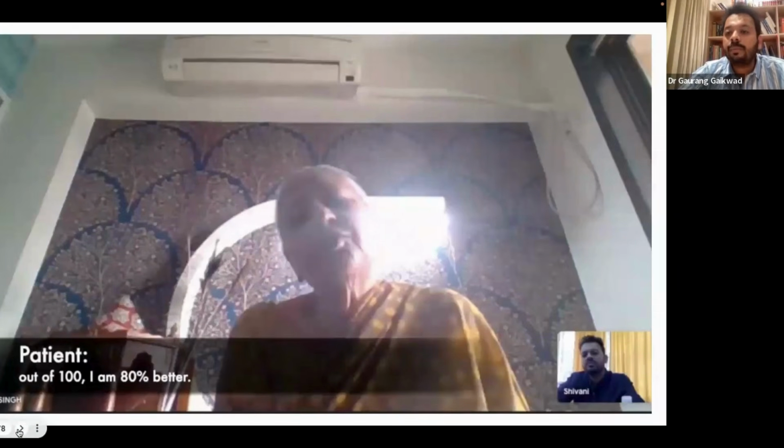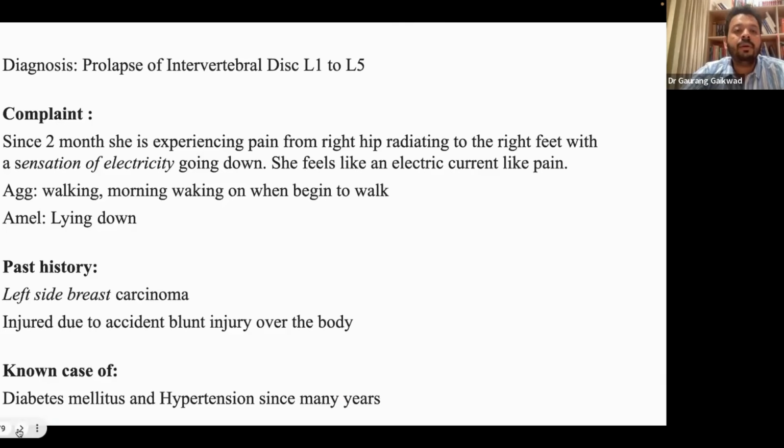And this is our patient, just for us to see a little bit about the patient whom we are talking about. This is the senior lady who wants to take treatment from us. I'm going to tell you the case in short. And of course, let's try to find a remedy for our patient. So, prolapsed